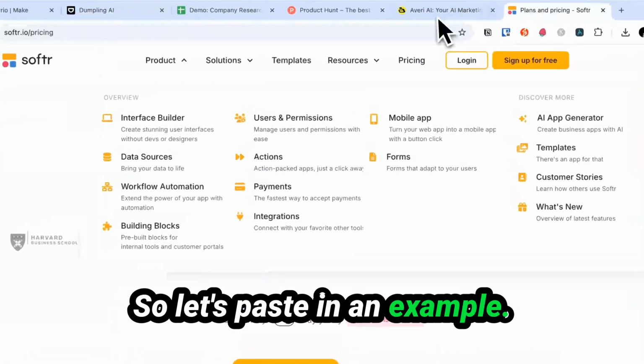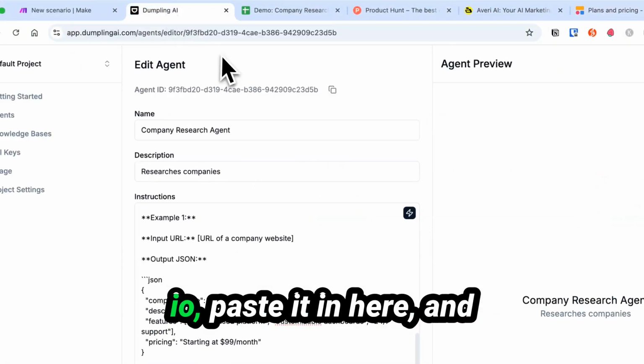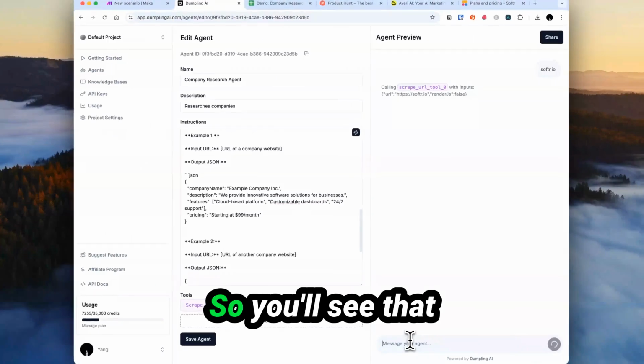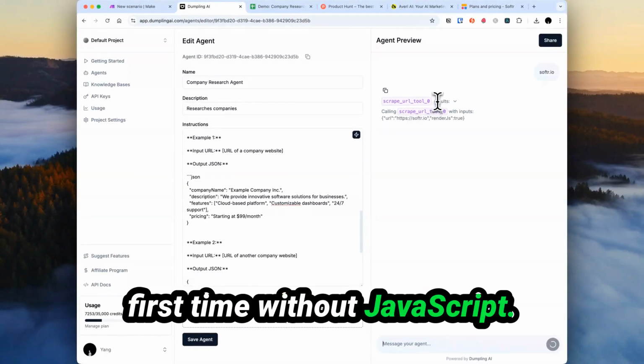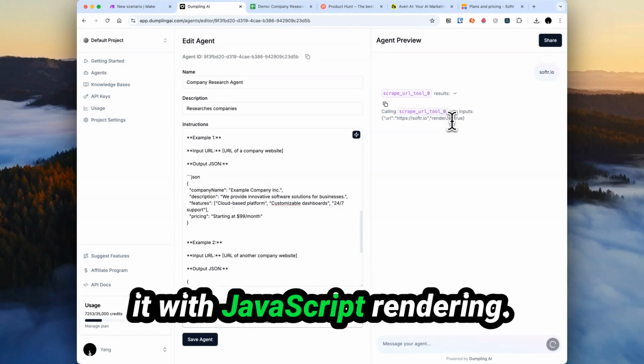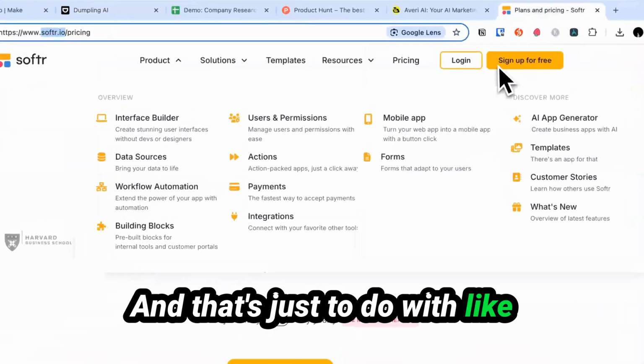So let's paste in an example. So let's say we give it Softer. Paste it in here and see how the agent does. So you'll see that it's calling the tool. It's trying to scrape Softer.io. Didn't work the first time without JavaScript. So now it's trying to scrape it with JavaScript rendering. And that's just to do with like a lot of the scraping